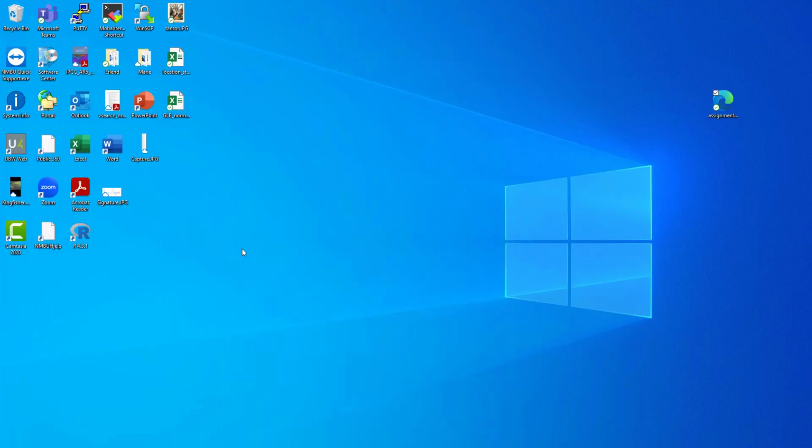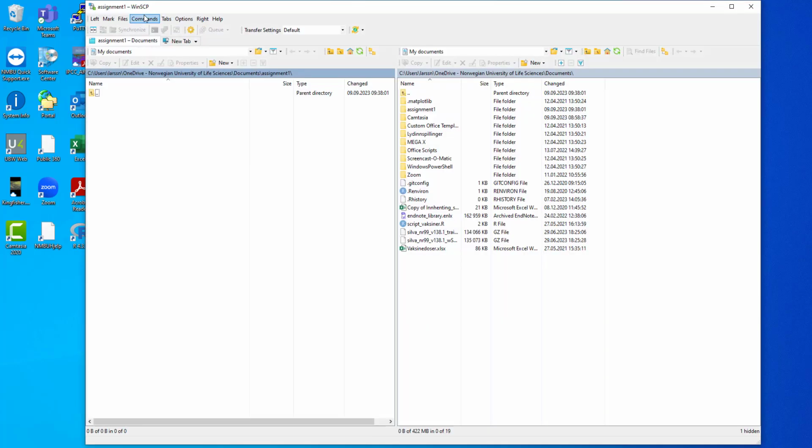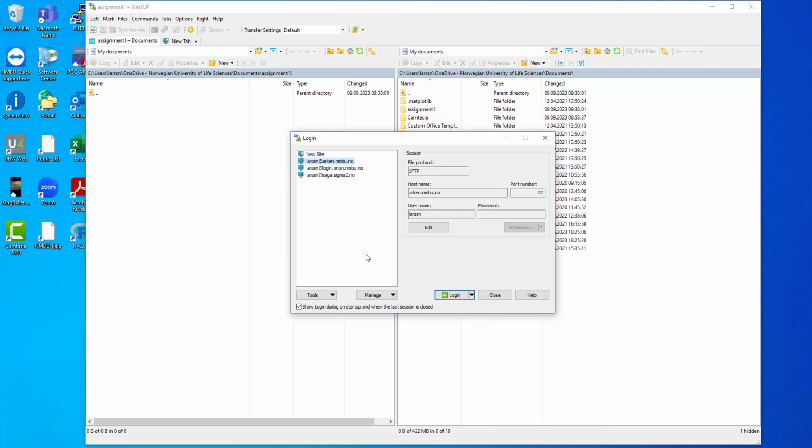Okay, what I typically do when I transfer files, I don't do it this way, even if I could. I have an alternative software here called WinSCP. Let me double click on it. This is a free software you can install just like MobaXterm. And then it opens like this, and now I have to log into Orion since this is the first time. And then I click on New Site here, and then I type in, just as we did